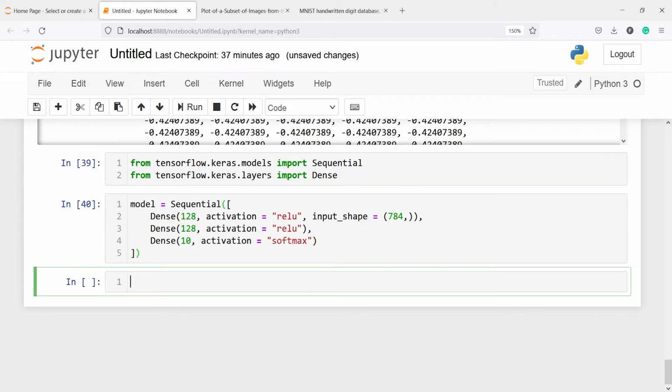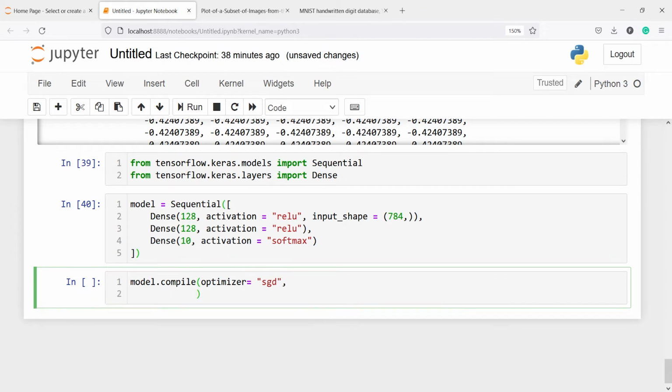Now we will compile this model. So what we have done is we have just defined the model here. We have done nothing more. Now we will compile the model, and then after compilation we will train the model. So let's compile it. model.compile, and then inside this we have to pass the optimizer. There are different optimizers that you can use when you are compiling a model. We will use SGD, which is stochastic gradient descent, and then we will also define the loss, and our loss is going to be categorical cross entropy,